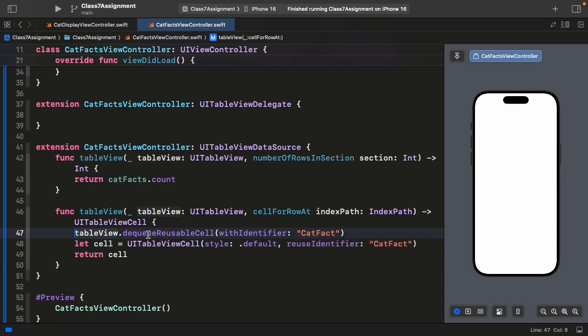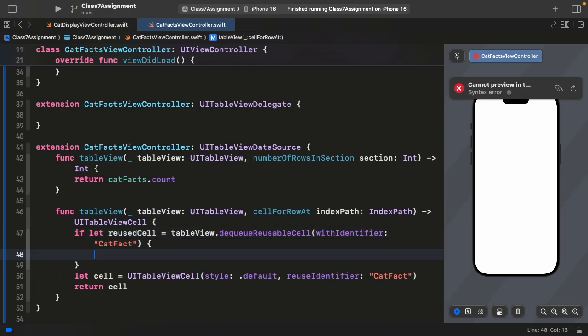So we could say here, if let reusedCell equals this, right? Then